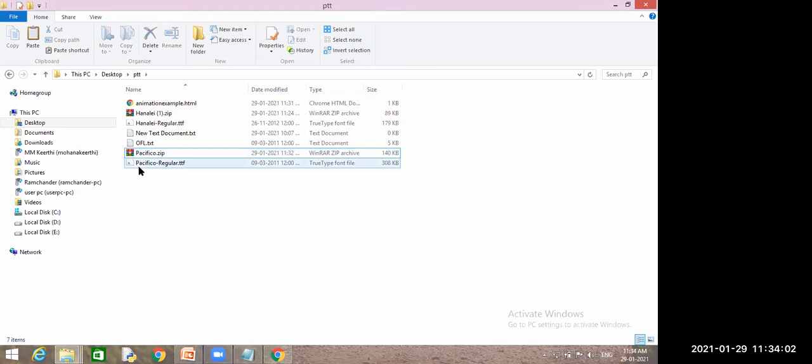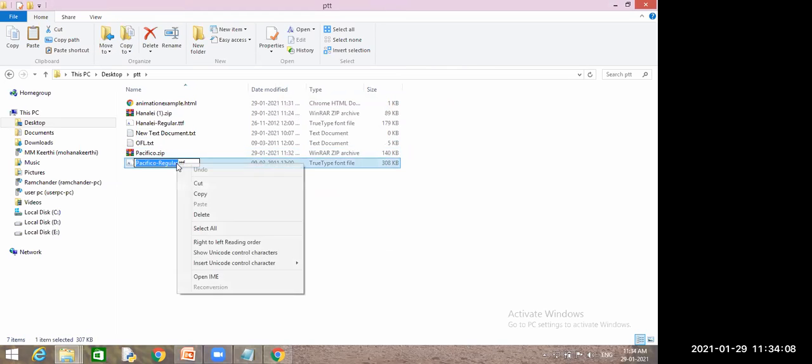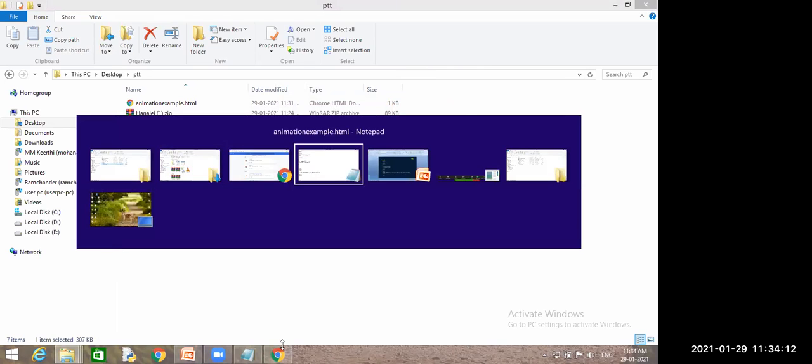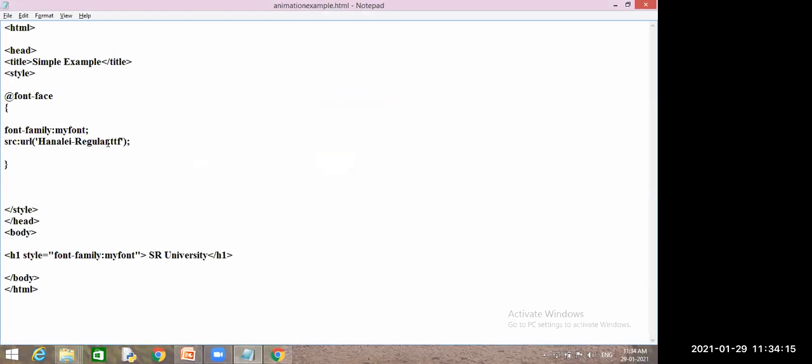Among these, which one is my file? This one. Yes or no? Just copy this one, and where can I paste? Inside this folder, you paste.